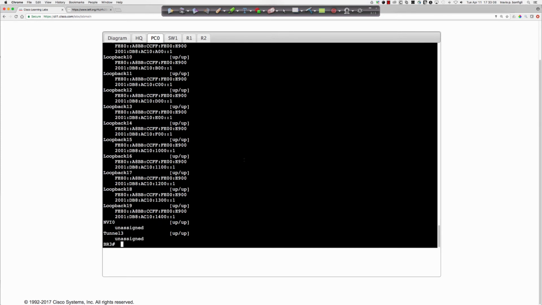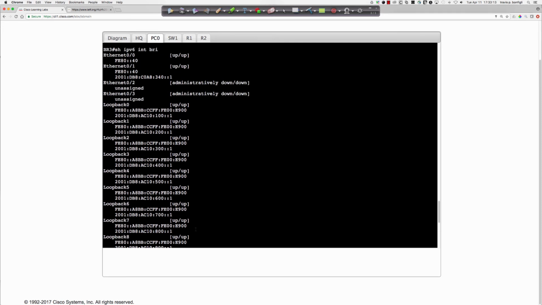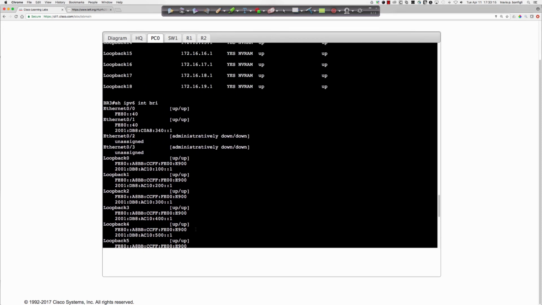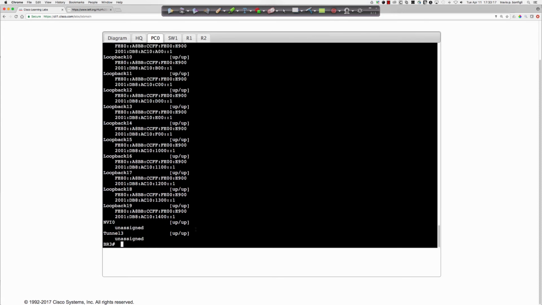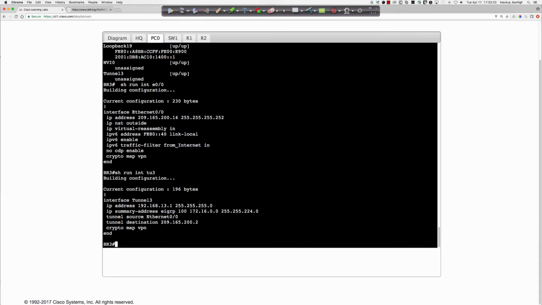Lots of loopbacks. Or is it just going straight out to the internet? Yeah, no IPv6 addressing there on the tunnel. Show run interface Ethernet 0/0. Show run interface tunnel 3. Yeah, the tunnel's all IPv4. So the v6 traffic, it looks like it's supposed to go via the internet,